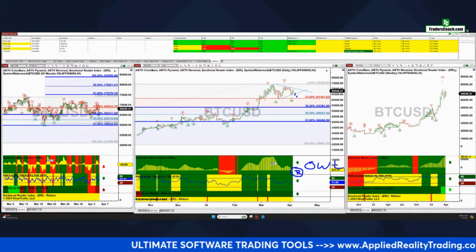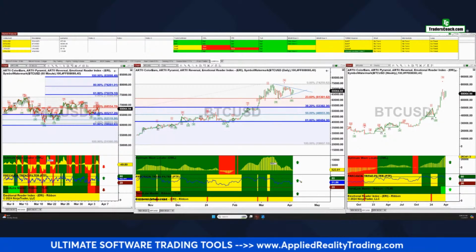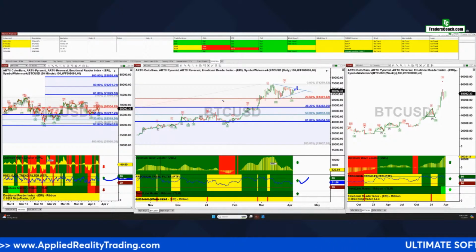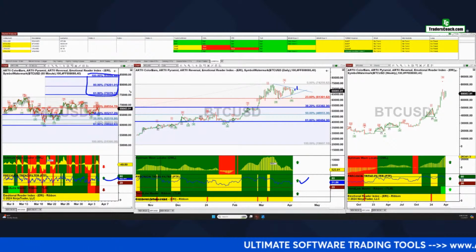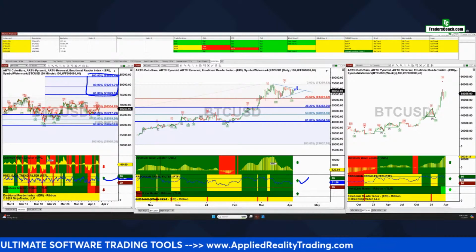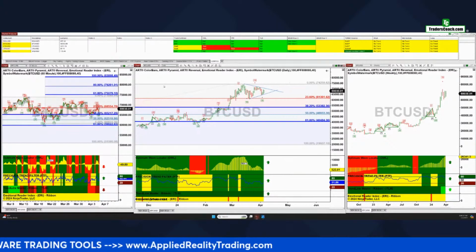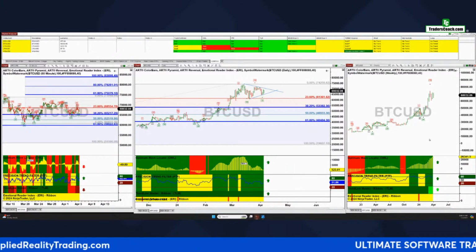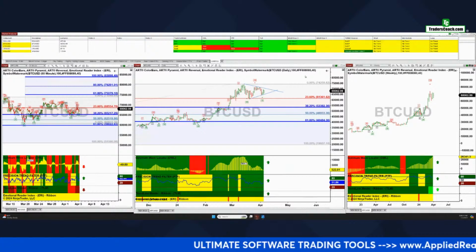Now, I think what's going to happen, because we've got bullishness here, I think we probably will see a break to the upside. That's what I'm anticipating. And my target to the upside on Bitcoin is around 75,000 to 83,895. So that's what the short-term target is indicating over the next month or so. We'll see what happens. But overall, long-term, we're very bullish on Bitcoin. So keep that in mind.